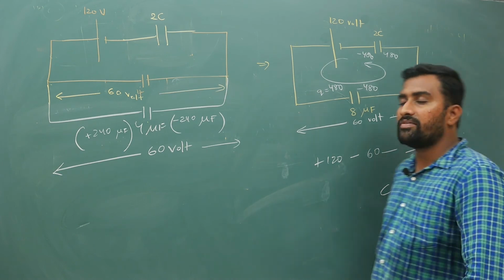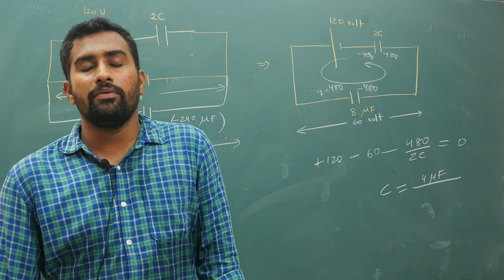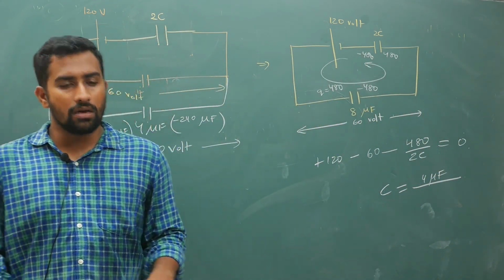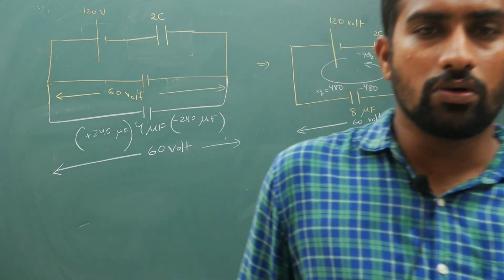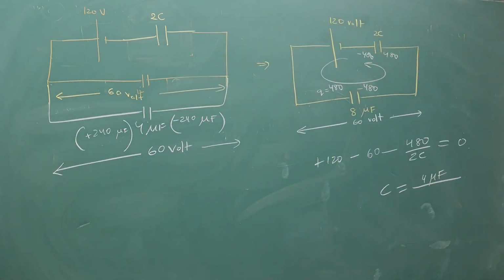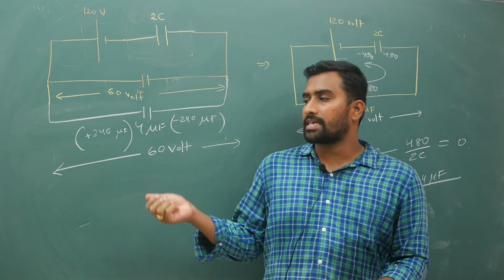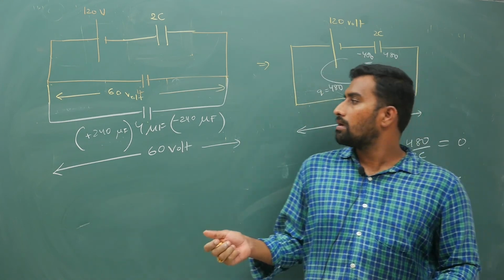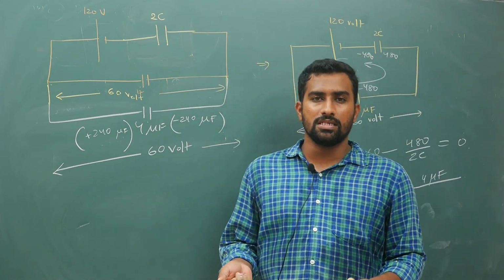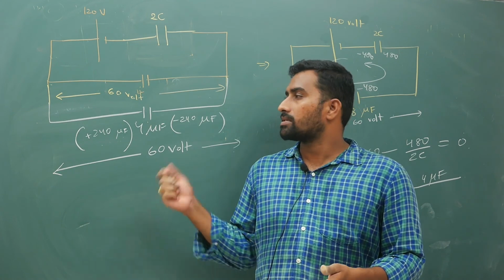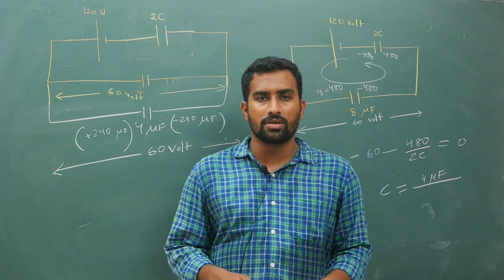So at every step I have simplified. I have used Q equal to C into delta V, or delta V is equal to Q by C. I have used only these two steps. So this is how you are supposed to use these basic techniques. Mostly try to apply Kirchhoff's law, and wherever it is required, your charge is capacitance into potential difference. Do that, you will get answers to most of the questions.